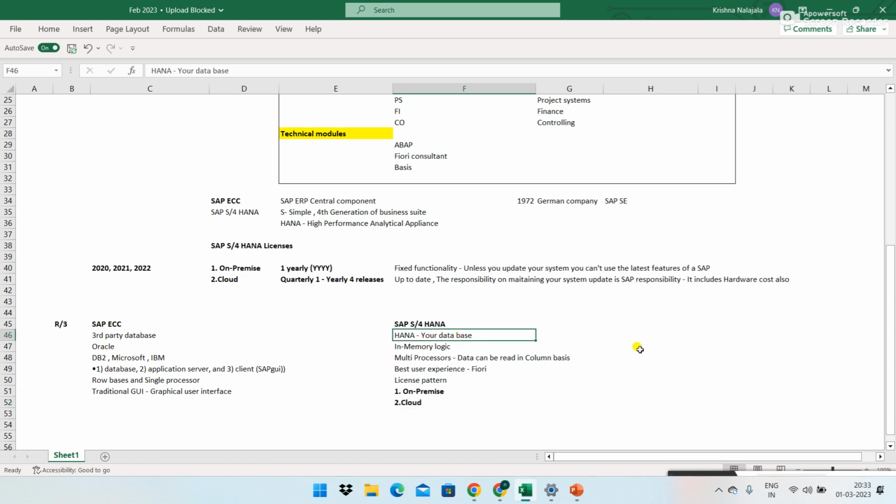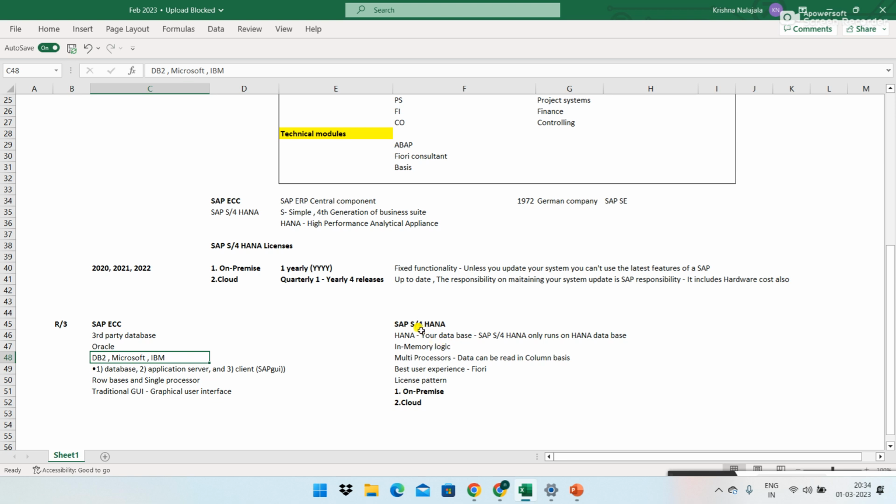HANA is its own database, and also you remember SAP S4 HANA only runs on the HANA database. Okay, not other databases. If you want to connect SAP S4 HANA with DB2 or Microsoft or Oracle database, it is not possible by definition. Got it?